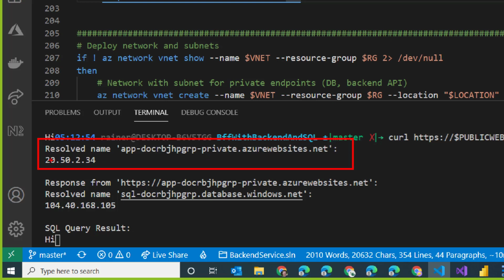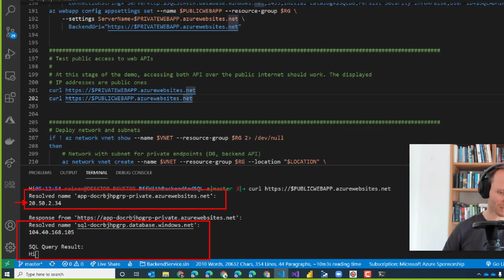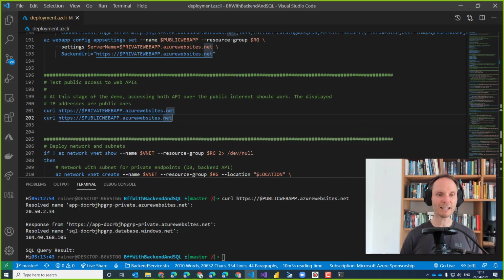This is again a public IP address, and then it does an HTTP GET to the backend API. The response it gets should be exactly what we have seen before, because I showed you the output of the backend API. So it works perfectly fine, exactly as we expected.